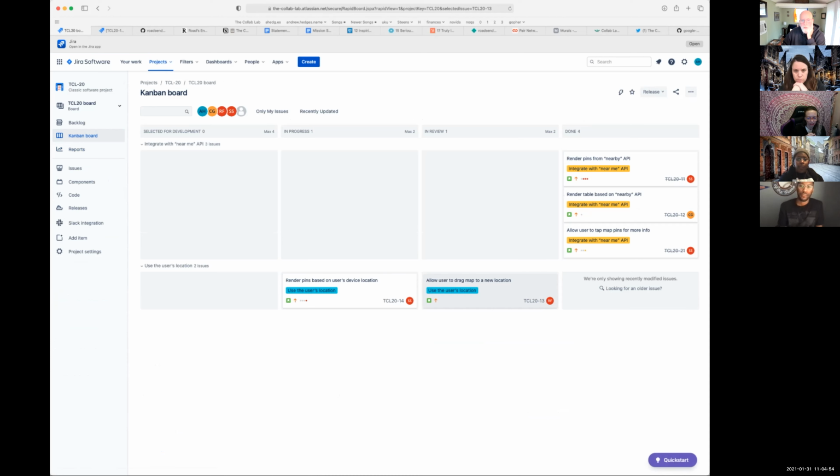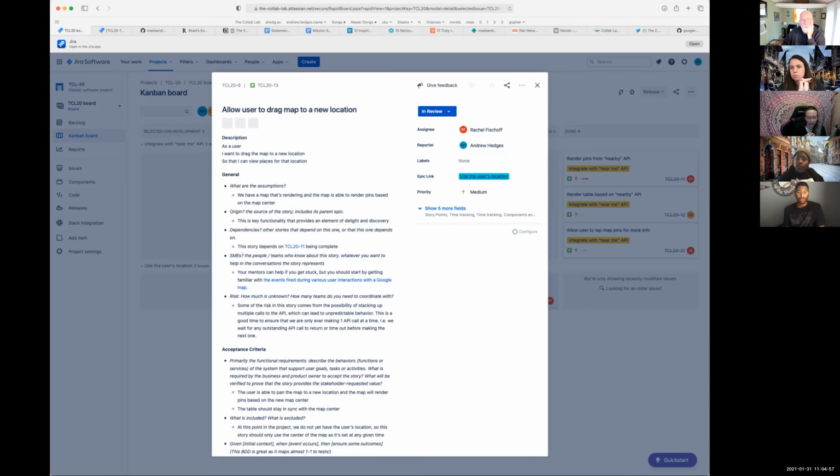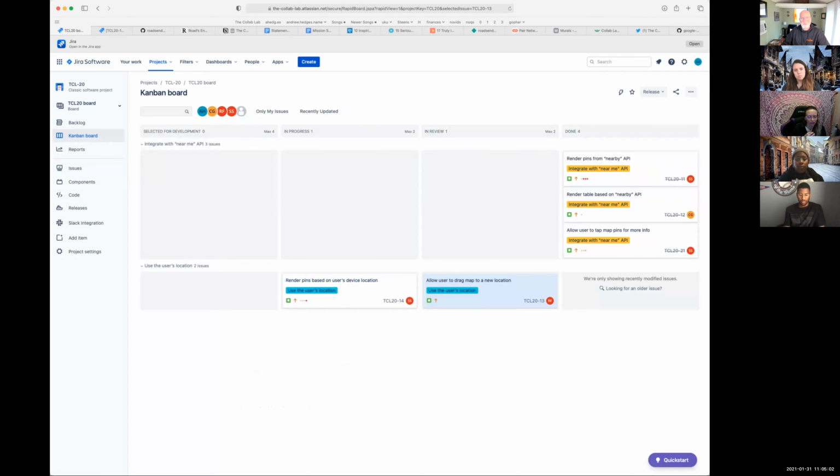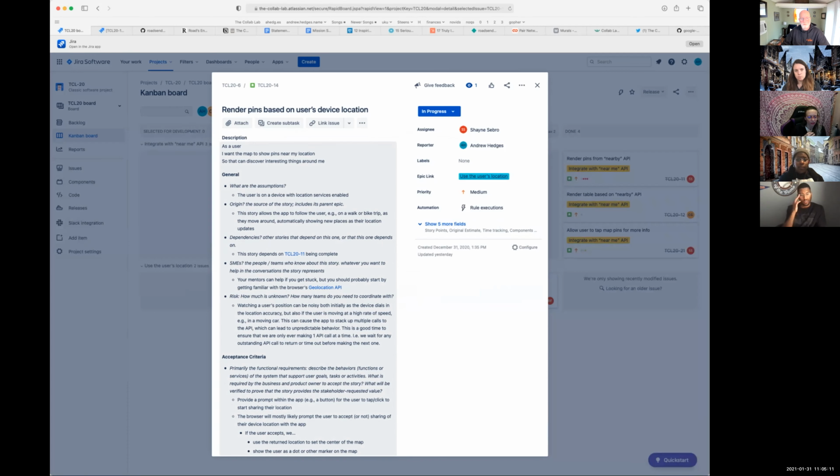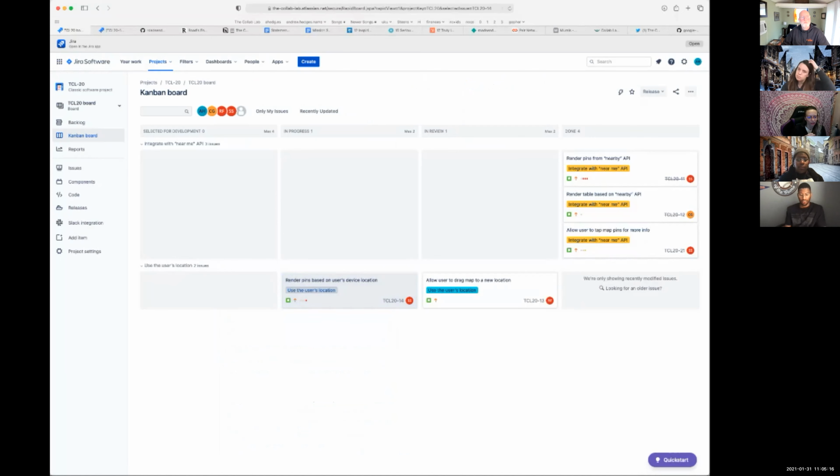So on the board, we'll just walk the board really quick. We have this one in review, which is the dragging. I put a few comments on that, but it's really close to being merged, so I would expect maybe in the next day or two we can have that merged in. The user location one has a little bit more to do, but y'all are on it. Who are the pairs for this week? Shane and I talked about him continuing with the user location. Devon, are you and Shane the pair this week? I think so, yeah, that should make sense. Okay, so I can leave Shane.